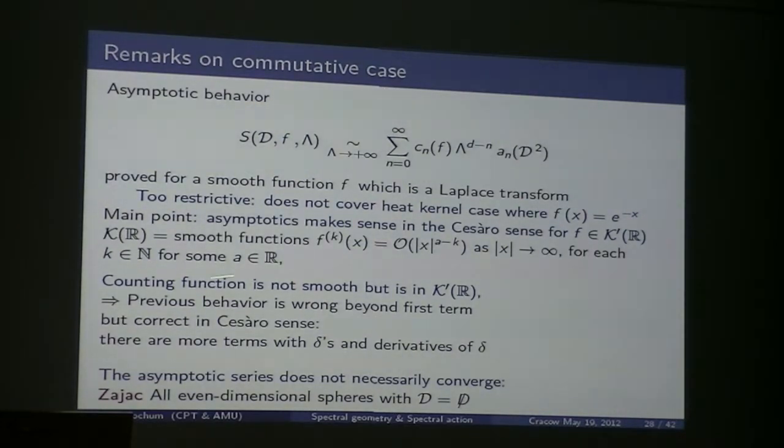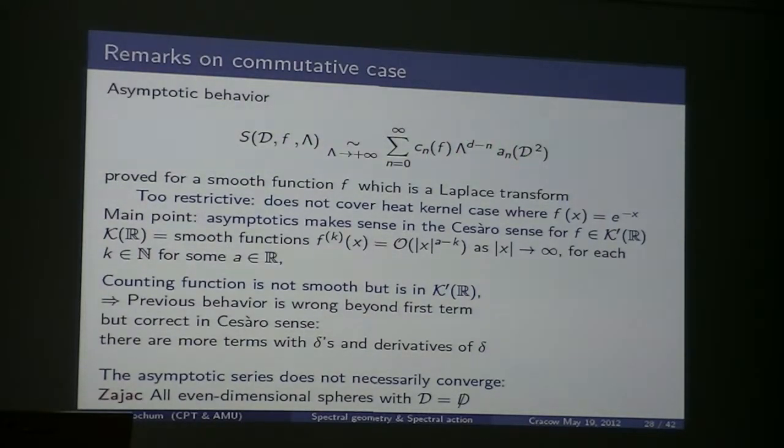And you can prove that, of course, the counting function is not smooth, but it is nevertheless in this distributional set. And the previous behavior that you have here is wrong beyond the first term, but is correct in the Cesaro sense, namely you have more terms, but they also involve the Dirac distribution and its derivatives. So you have to be careful when you use